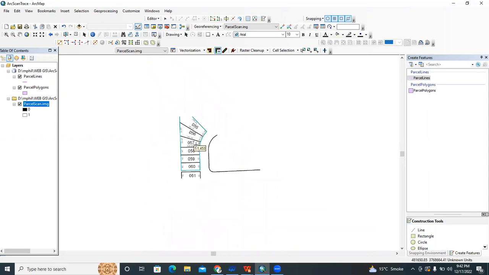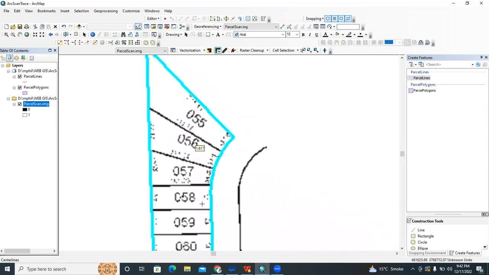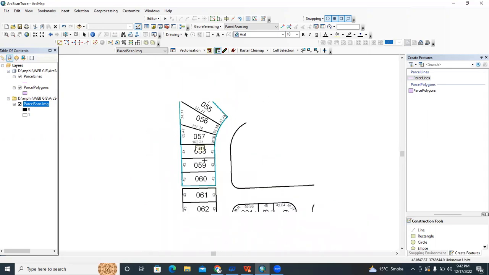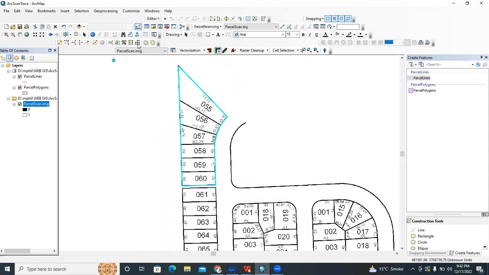So I have created a feature over here using the parcel, using this trace line command of ArcGIS.